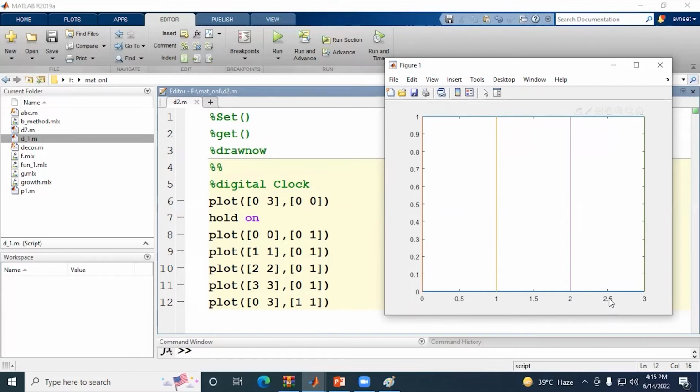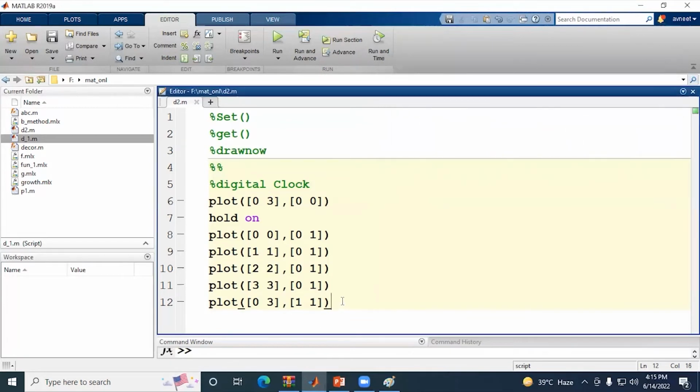Where I want to write the text, it is 2.5, let's say here in the center, 2.5 for x and 0.5 for y. Okay, so we have a predefined text function at the position of 2.5 comma 0.5 comma what you want to write. Let's say